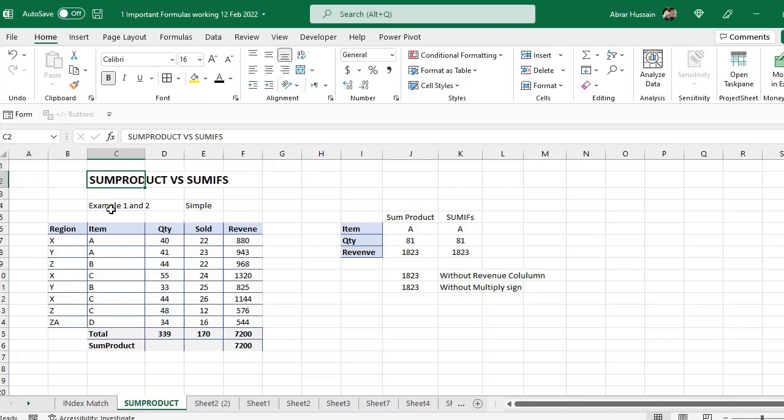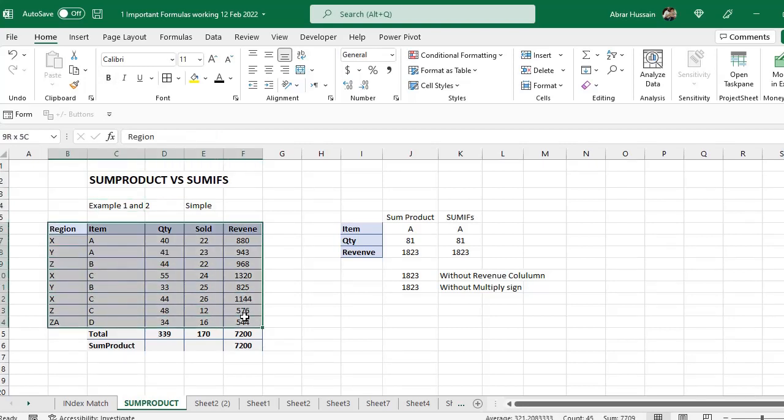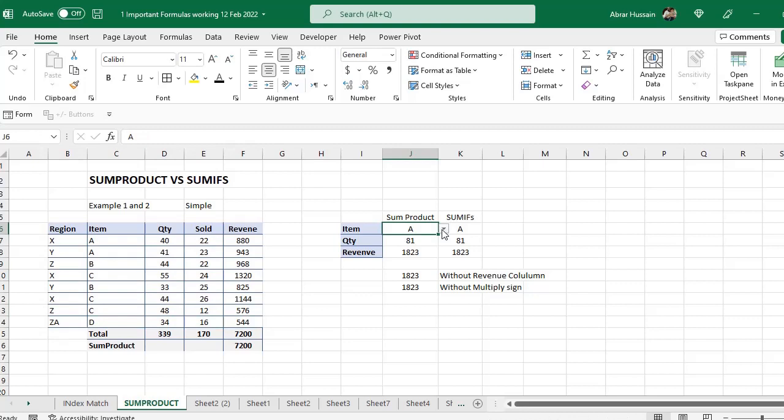For example, in this first simple example, I am going to tell you that if you have such type of data, where you have a dashboard and you want to use a specific list of items, and there you get the quantity and the revenue, you can do that with SUMPRODUCT and SUMIFS also. Even if you don't have this revenue column, you can still extract the revenue information with these two columns